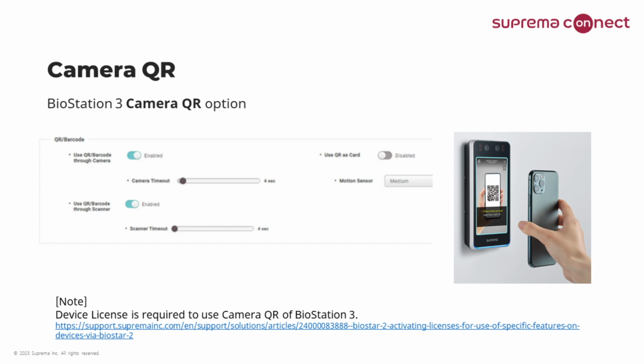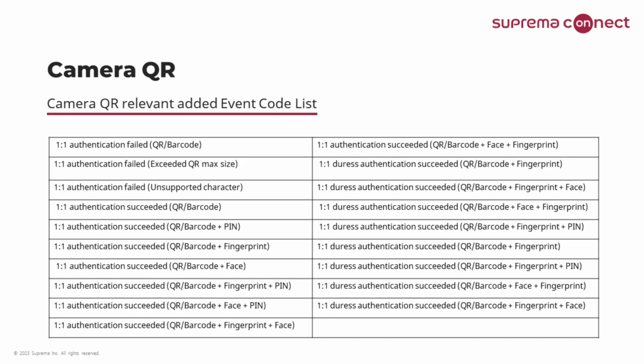The device license is required to use camera QR of BioStation 3. So please follow the link if you have any further questions. And if you'd like to purchase the device license to use your camera QR code with BioStation 3, please contact your sales director. Now, with the camera QR added to BioStar 2,